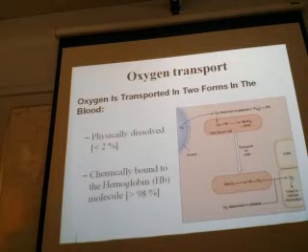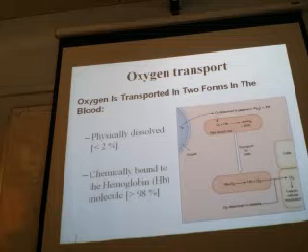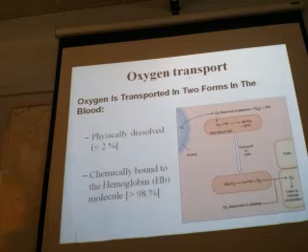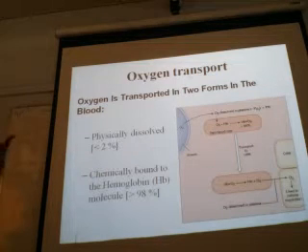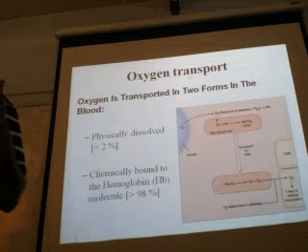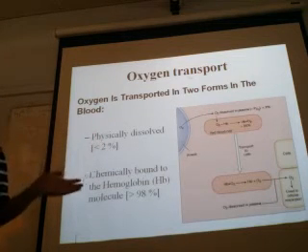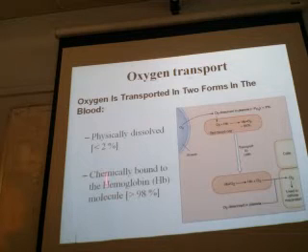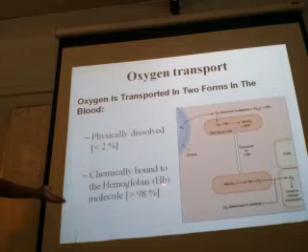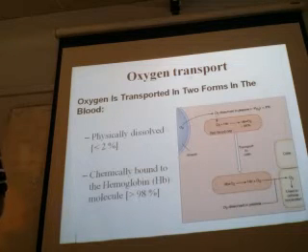This brings us to oxygen transport. Like carbon dioxide is transported in three forms, oxygen is transported in two. 2% is physically dissolved. Because as you know, again from our gas exchange class, solubility of oxygen is very less than in carbon dioxide. So almost all of it is transported chemically bound to hemoglobin molecule. Oxyhemoglobin. That is one of the major functions of hemoglobin, right?